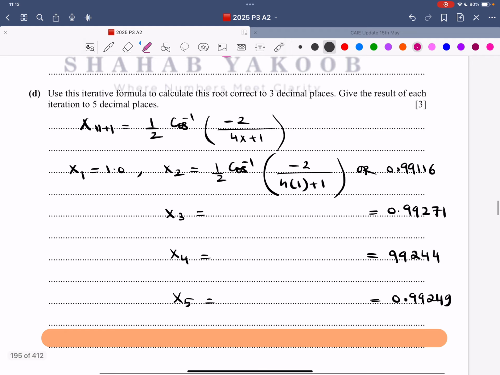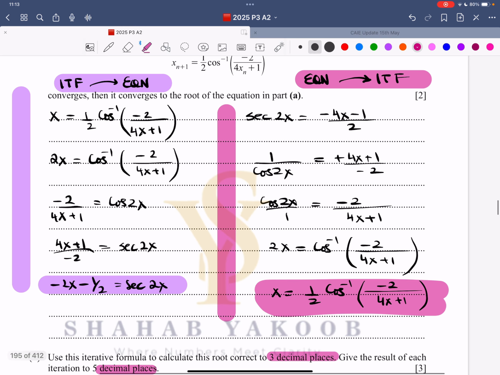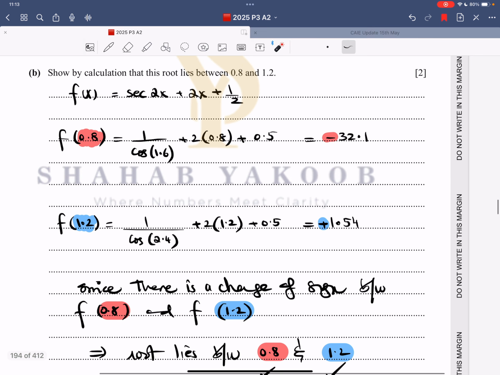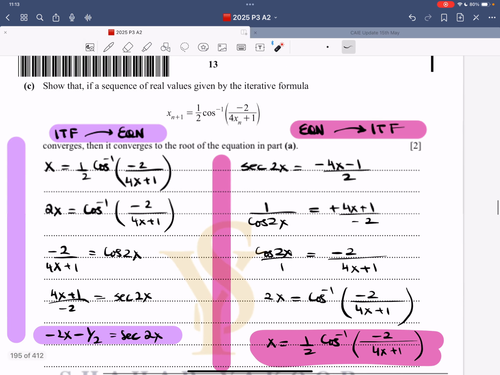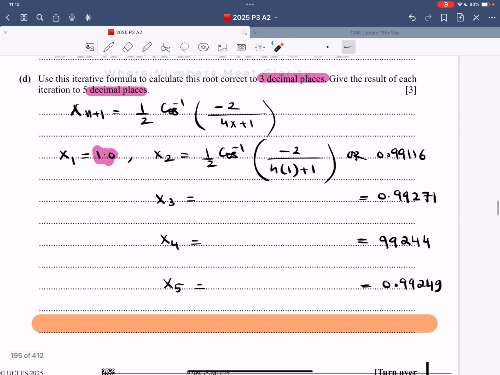Use this iterative formula, calculate the value of this root, correct to 3 decimal places, give the result of each iteration to 5 decimal places. The plug-in value is 1.0. It lies between these two values, which is 0.8 and 1.2. So that is the safest bet. We plug in 1.0. We are getting this thing